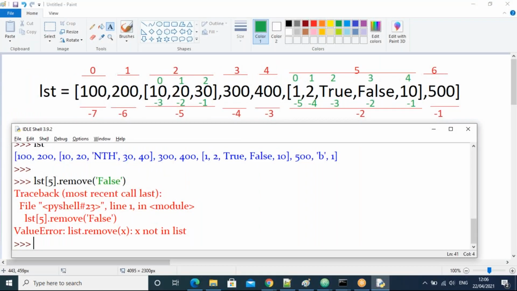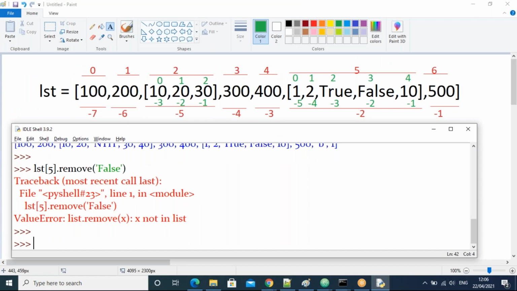Fine. Next one, guys. So how to remove there? I'm taking here lst of 5, now dot remove of false, guys. Tell me now. Remove of false.